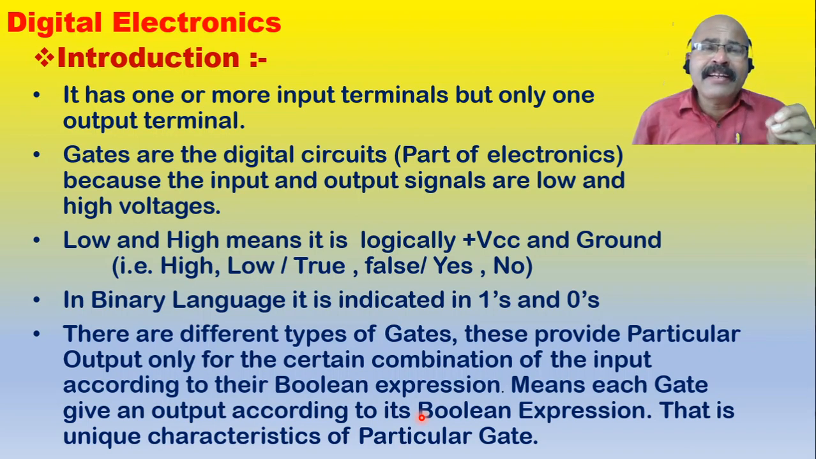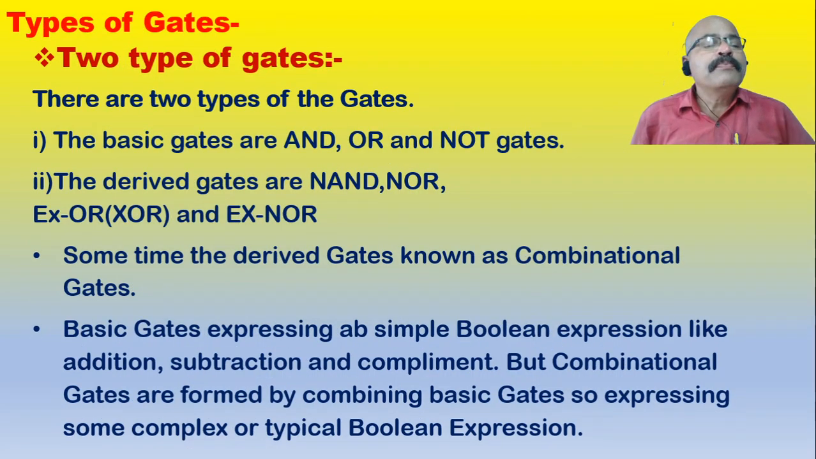Each and every gate will be operated according to a particular Boolean expression. The Boolean expression is one of the characteristics of the gate. The gate will be operated according to its Boolean expression. That is the unique characteristic of the particular gate. The Boolean expression is one of the particular characteristics of that respective gate. Then we know that